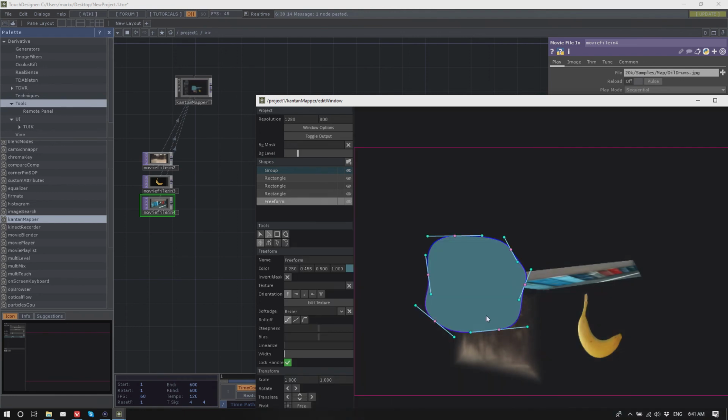So you could use this as a masking tool, for example, by just making it black. And now I see, you basically create a mask. We just drew on it and we created the mask. Yeah, exactly.